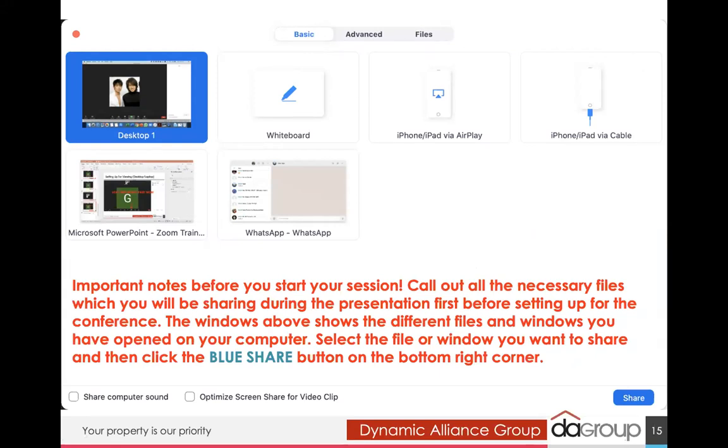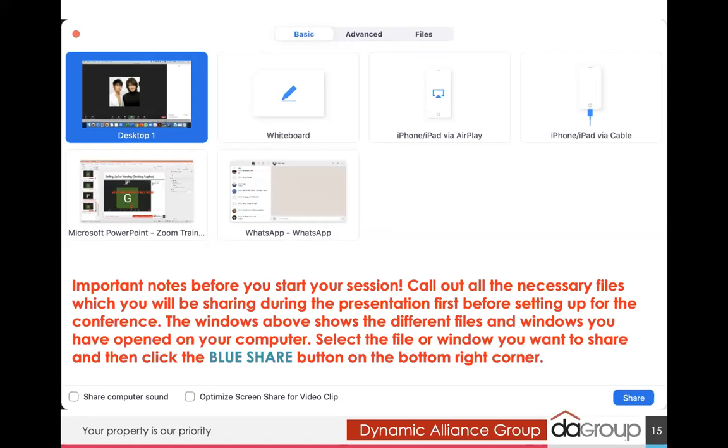Meaning if you have prepared PowerPoint slides, you need to open up your PowerPoint slides first. If you have certain websites that you want to show, for example a virtual tour, which we have free virtual tour creation, so we will do our virtual tour showing online as well, you go to the virtual tour link. If you have any videos you want to show, you go to that YouTube link. Turn on all of this on your computer first, so that you don't panic at the last minute, and when you're preparing the screen, you don't show the whole world what you are doing